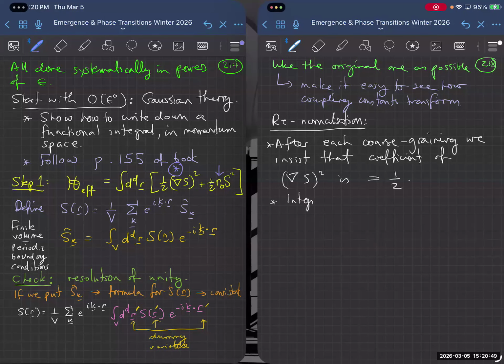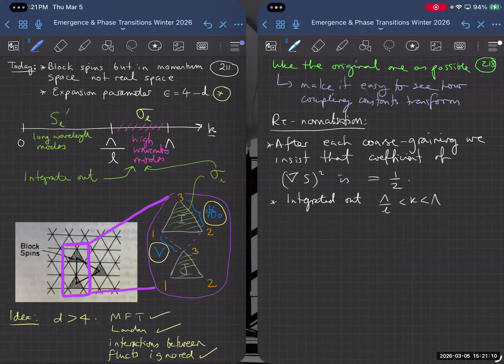So what that means is, in order to make the effective Hamiltonian comparable to the original one,